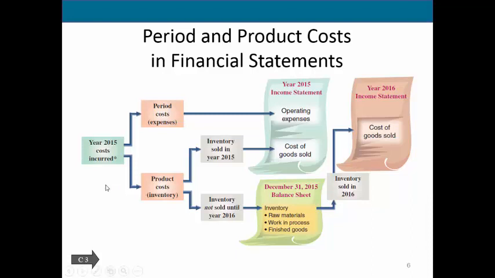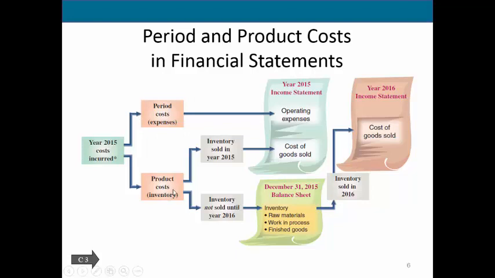Here we have a depiction of how these costs are treated. Period costs are the typical costs that you would have learned about in Accounting 101. Period costs are costs that we expense in the same year that they are incurred. So we're assuming that we're operating in the year 2015. If we have some type of advertising expense, we go ahead and recognize that as an expense on our income statement in the current year, and that's where we would debit advertising expense and then credit the cash payment, or if we had an account payable, we would credit that to show the liability. So these are just costs that we immediately expense.